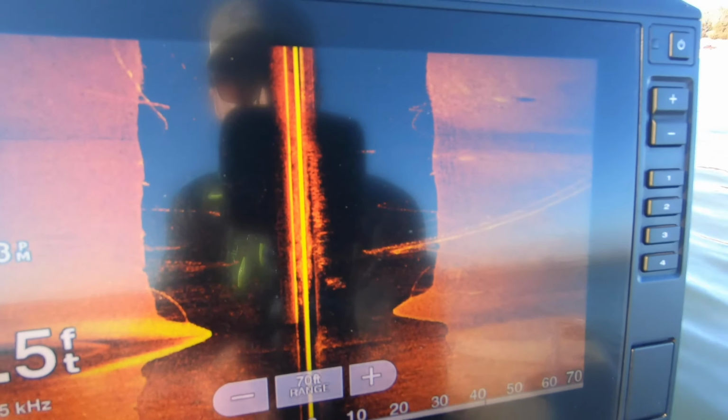Now, let's try and duck out of this wind a little bit more because it's getting really obnoxious at this point, and talk about side scan. All right, so now we finally kind of ducked out of the wind. It's just getting so annoying, and there's so many guys in the areas that I want to scan. So we're just gonna stick back here in the Marina Cove and talk a little bit about everybody's favorite topic,